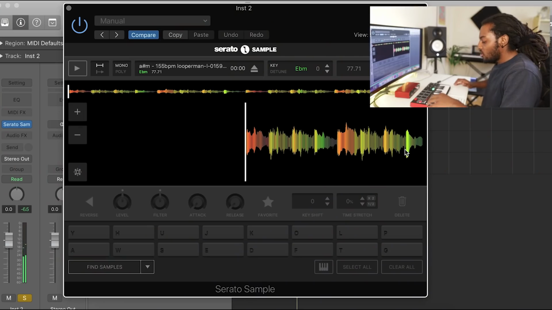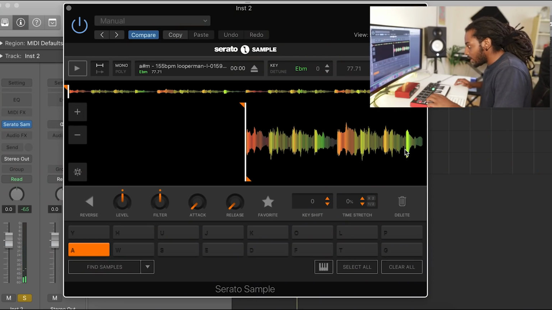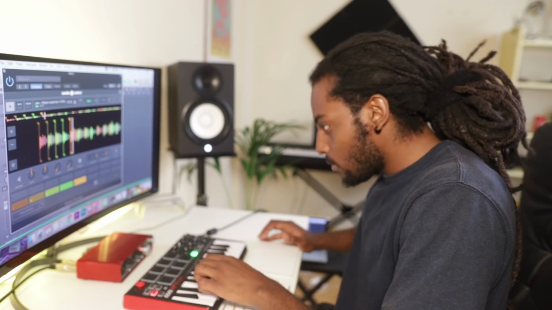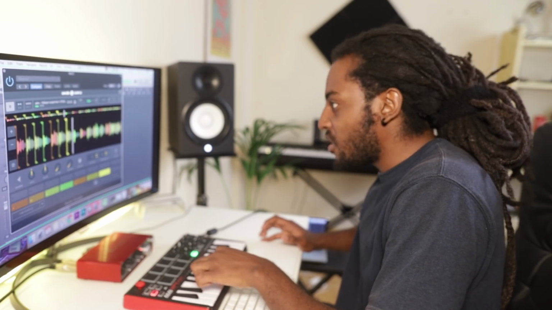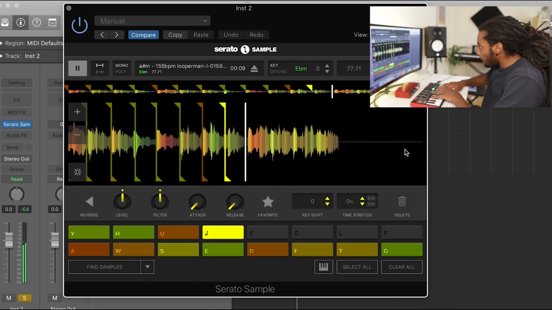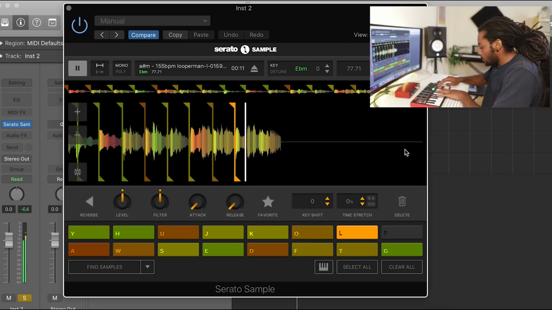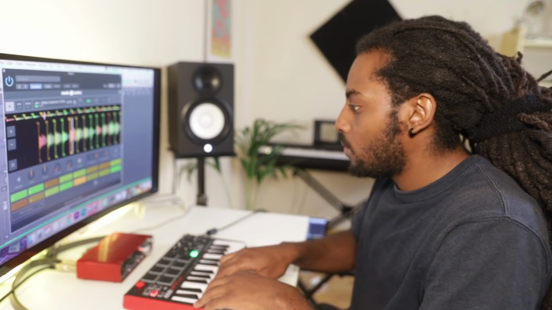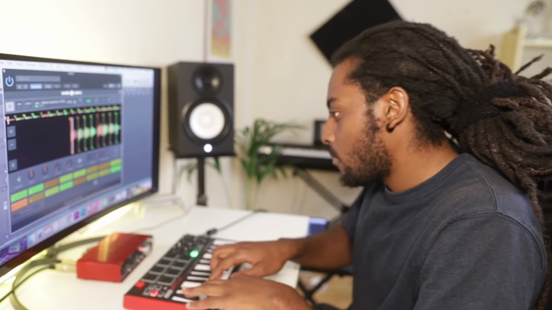And that's the thing, when you chop up your samples, the audio file, it doesn't sync up unless you time stretch it. So I can literally do exactly the same thing I did before. I'm just holding down the key. This is how I'm chopping the samples, just holding down the key and switching. And then now from here I can